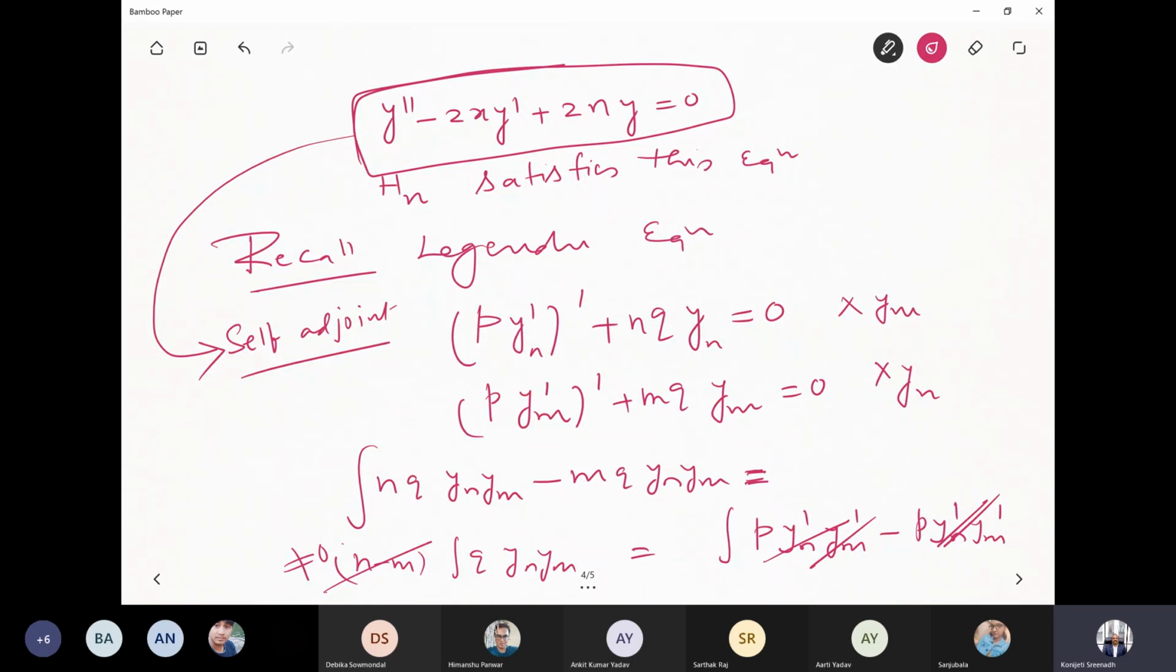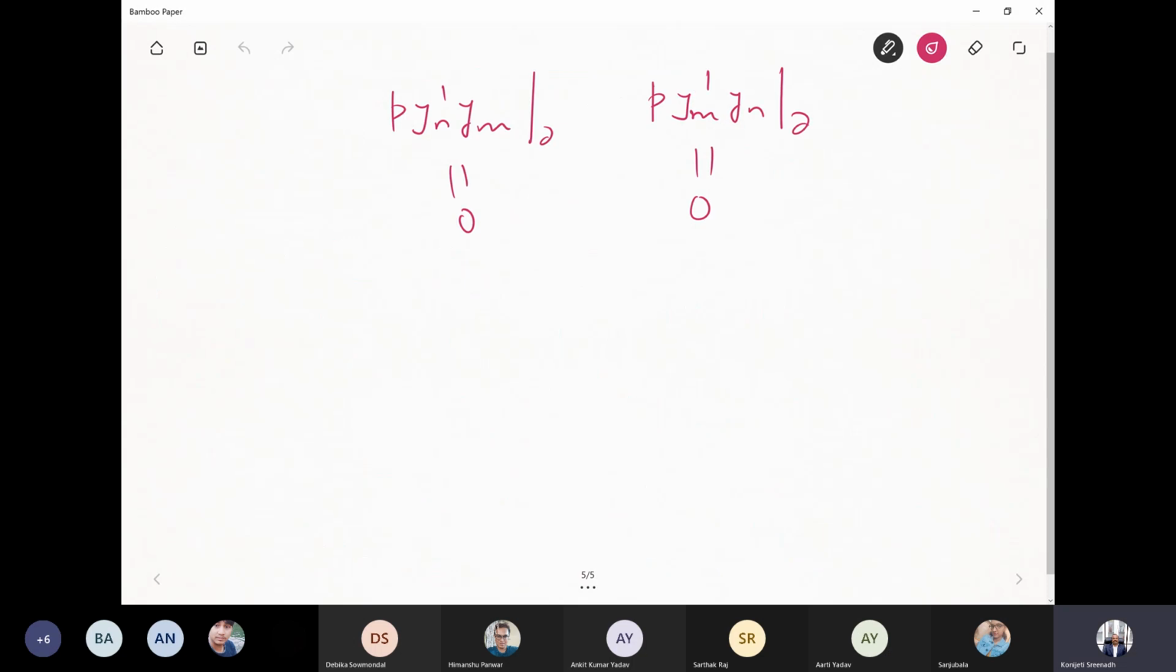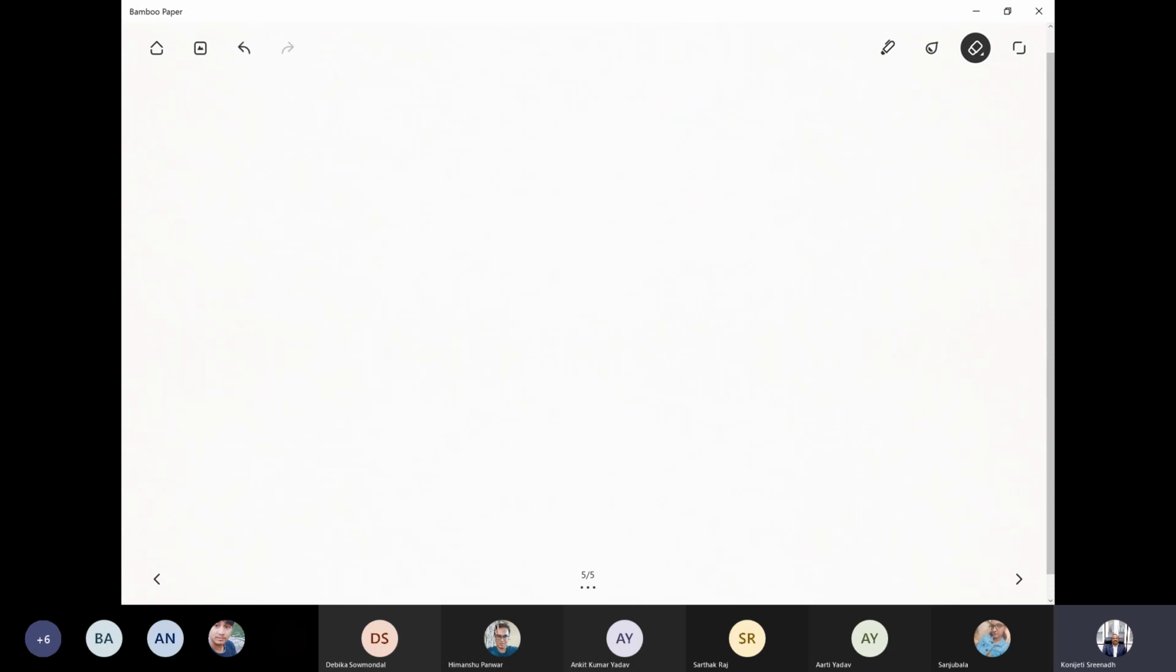I should take p so that this equation comes in the form of (p y prime) prime. Let us try to find what are the p and q. So we have y double prime minus 2x y prime plus 2n y equals 0. Now I have to write this in the form of (p y prime) prime. So how do I do this? One way is whatever this minus 2x is there,